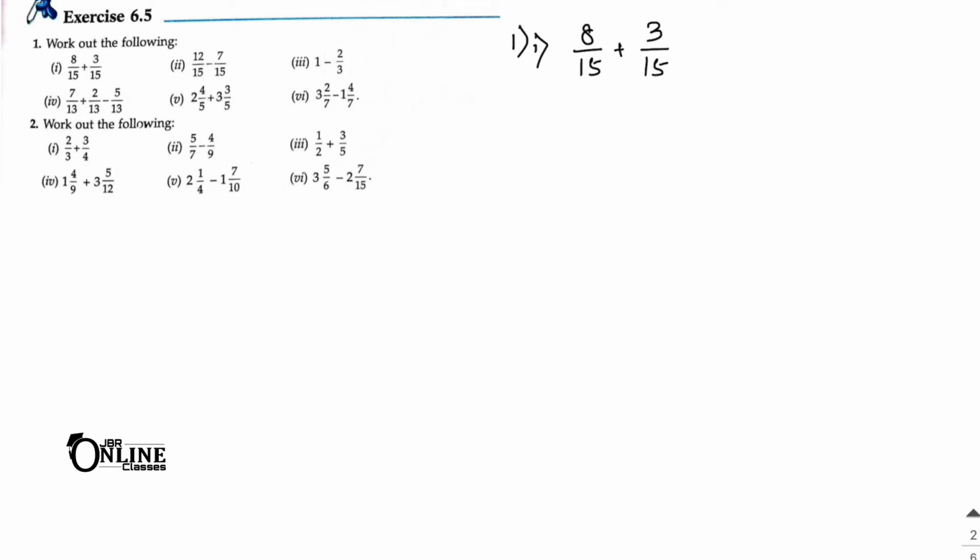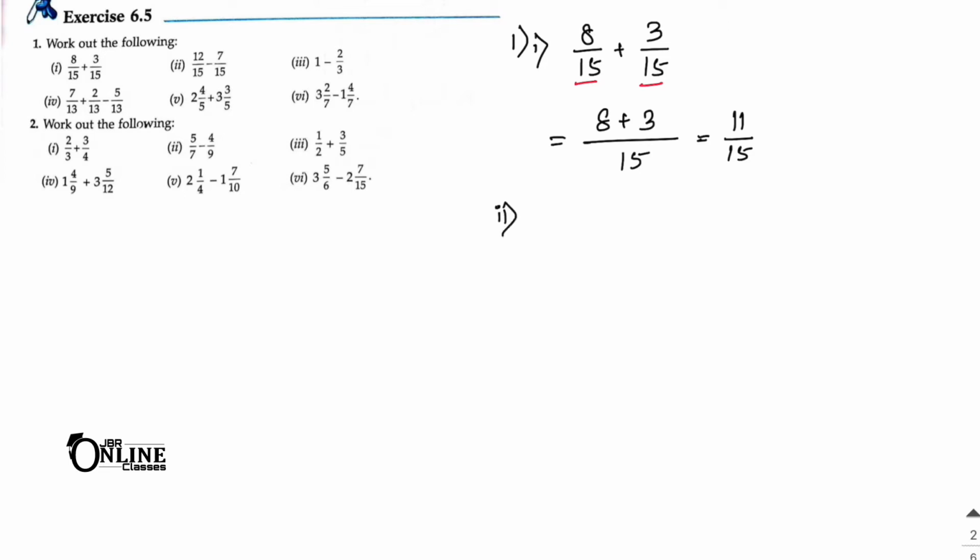So first thing here, the denominator in both cases will be same. Here also 15, here also 15. That means your LCM will be 15. And the upper one you just write down in this way. If in both fractions your denominator is the same, then you just write down the numerators with their sign. As here plus, so 8 plus 3. If there will be minus, then 8 minus 3. So it will be 11 by 15.